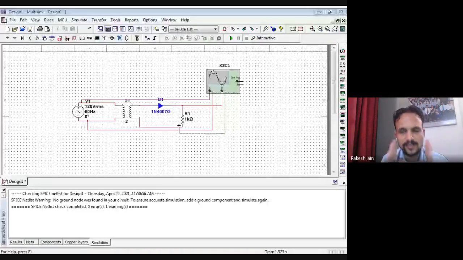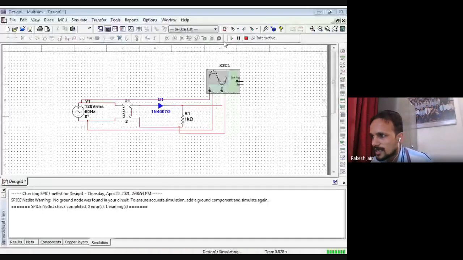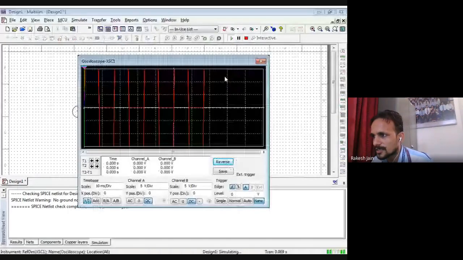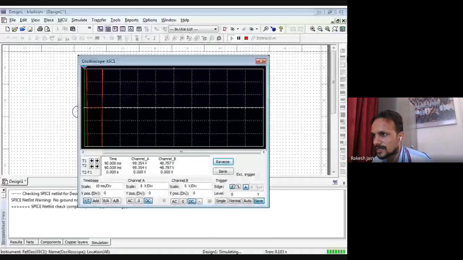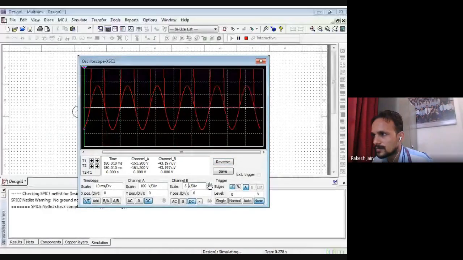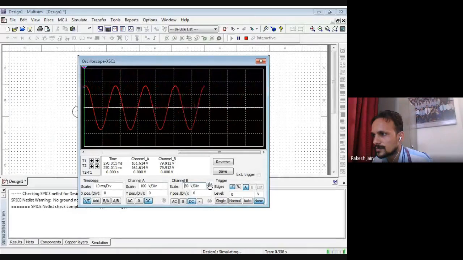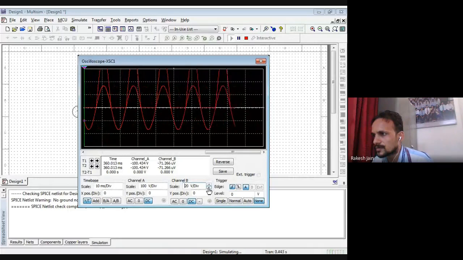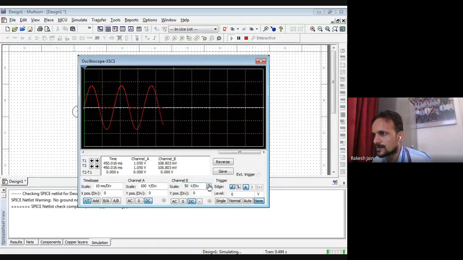If my circuit is okay, then definitely the output will be the same as I told you. So I just run the circuit and we'll see the result. Now see, I just decrease the size so that you can easily see.